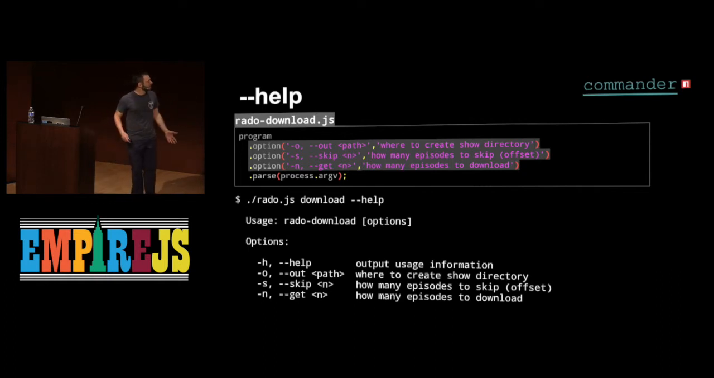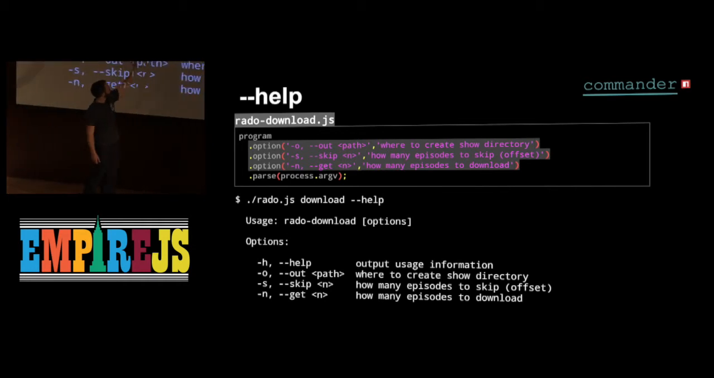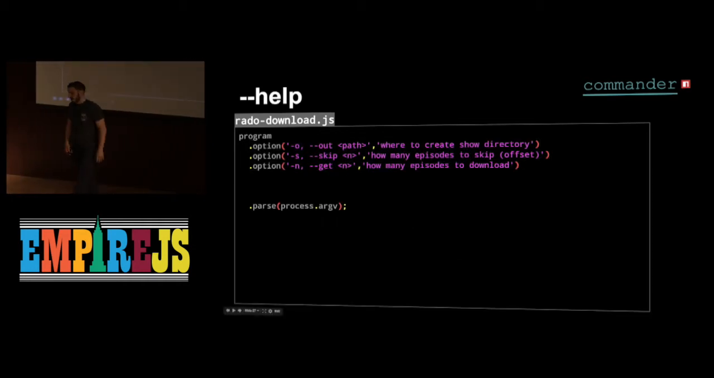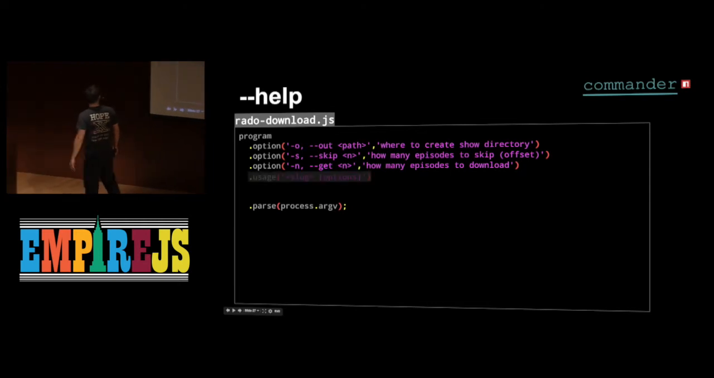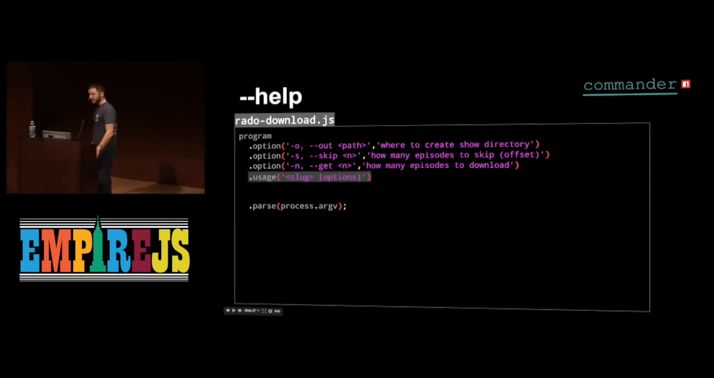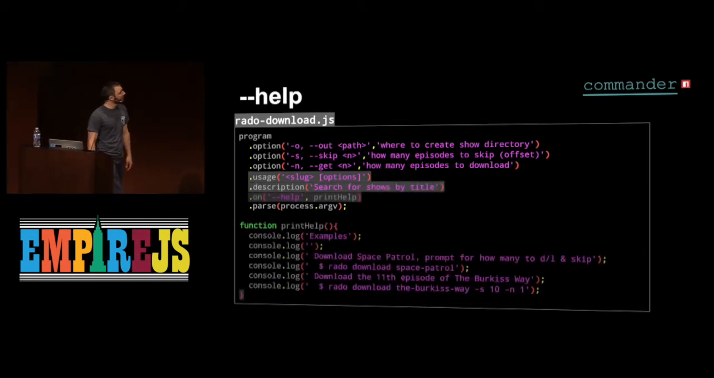Well, it doesn't really say what this program does, first of all. Second of all, the signature's wrong. This should say Rado download slug options, because we actually need to show slug there. Commander provides for this as well. We can add in a usage string to show that you require a slug, add in a description, and there's